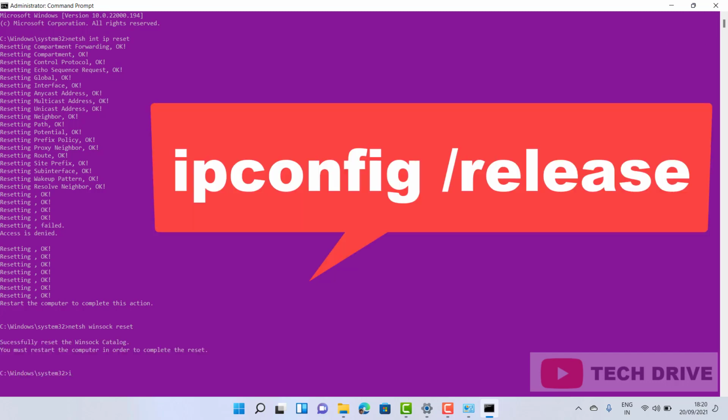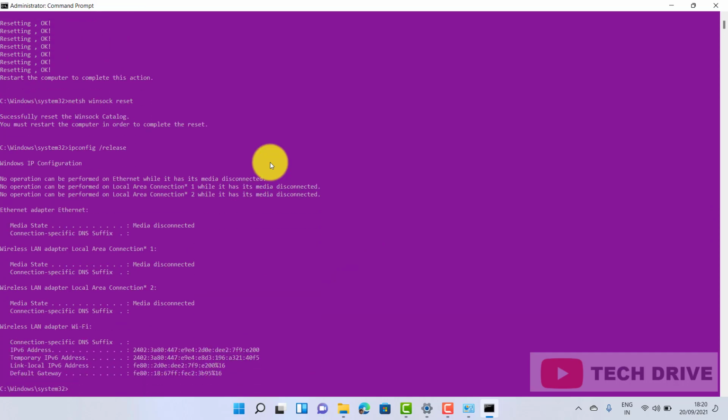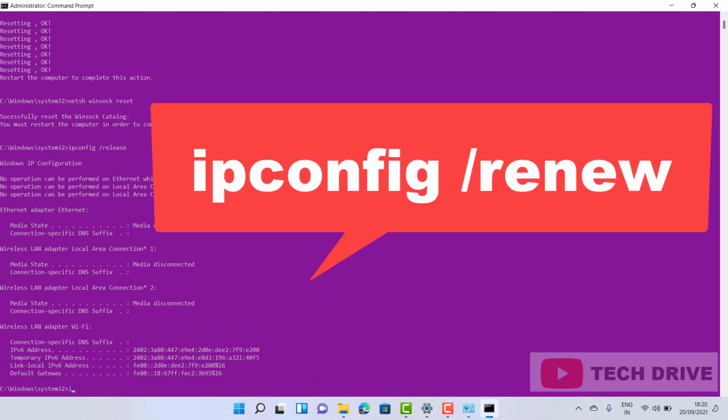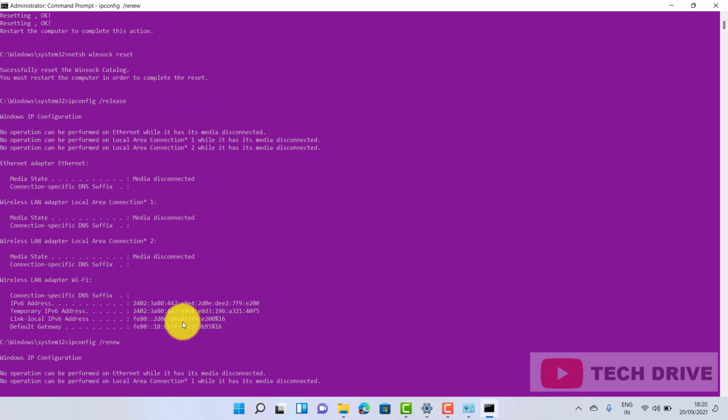Now just type IP config space /release and again hit enter button. Now just type IP config space /renew and hit enter button,